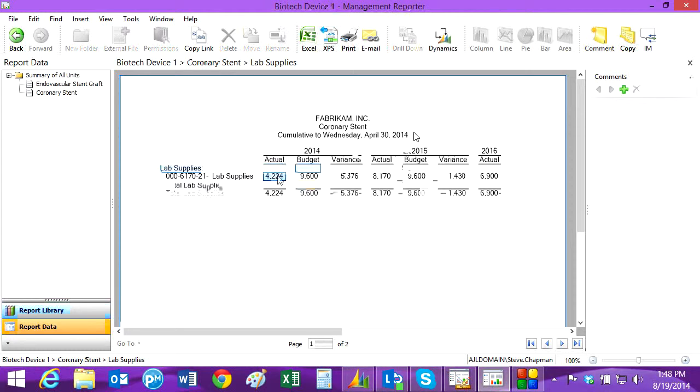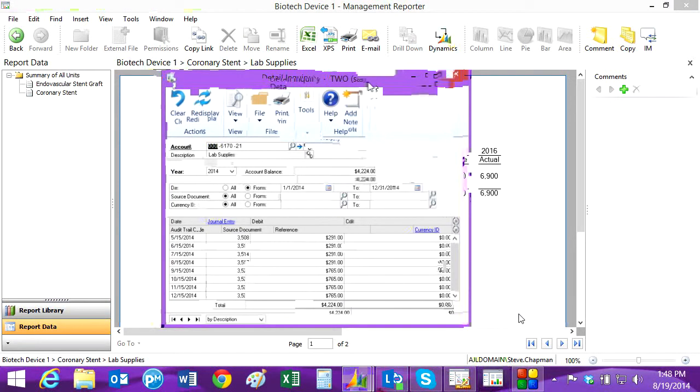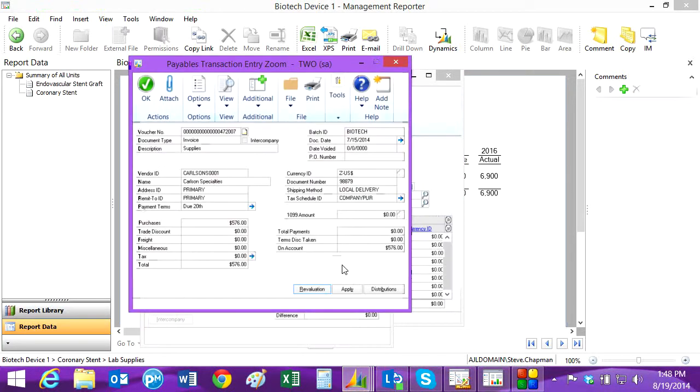particular item, and I can drill down into Dynamics to see that item in Dynamics. And here's the inquiry screen in Dynamics for that particular account and project. You can see all the different entries during this particular year. I can pick different years if I want to, but I can also drill down further. I can select a line item. I can drill down into the journal entry. I can drill down and see the payables transaction that rolled up to the general ledger and to my particular